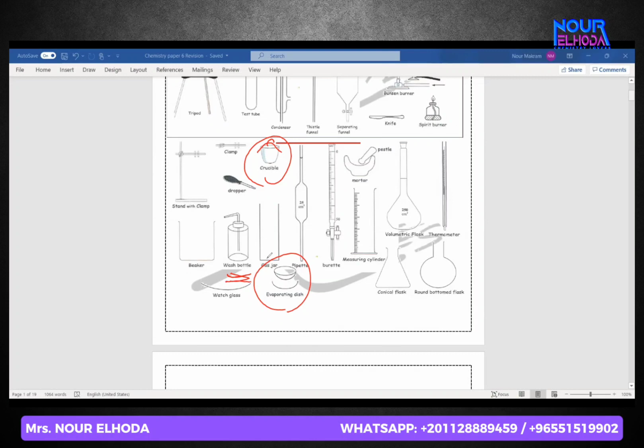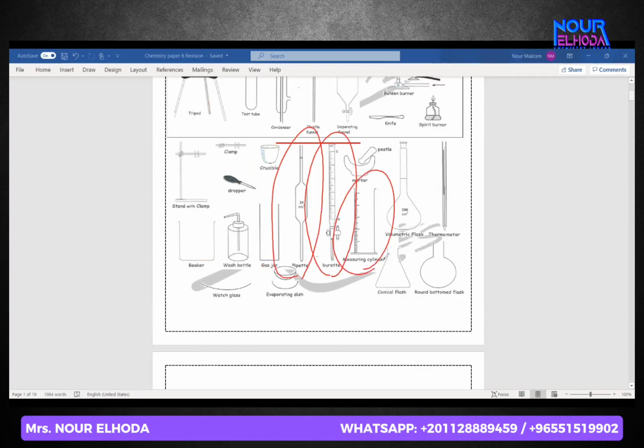Now we come to the most important ones, the burettes. This is the last thing for today. Burettes, pipettes and measuring cylinders. Very important. The one who was asking what are the most important tools in the lab, these are the most important. What's the difference between the three? The burettes, pipettes and measuring cylinders, the three of them measure volume of liquids.